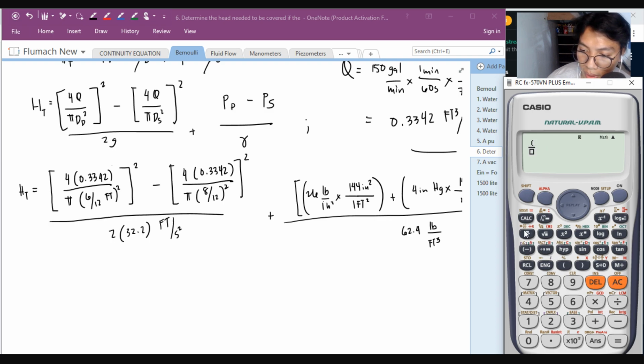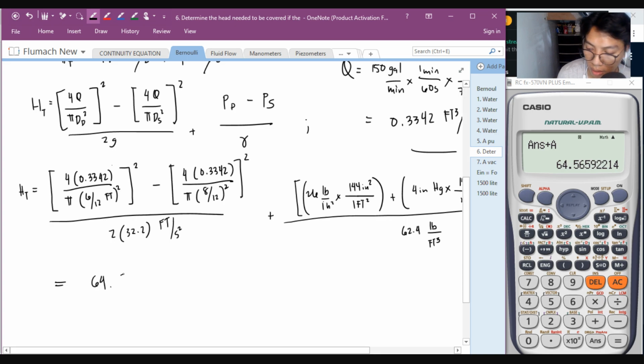So, ayan. Taas muna. Okay. 26 times 144 plus 4 times 144 times 14.7 divided by 29.92. Divide by 62.4. Add the value nung letter A. Ilang feet yan ang lalabas? 64.56. Yan. 64.56